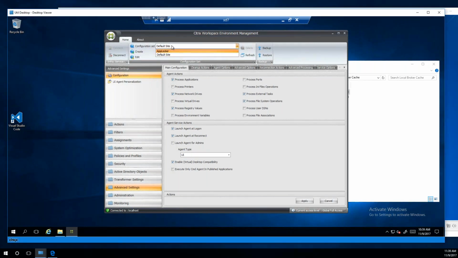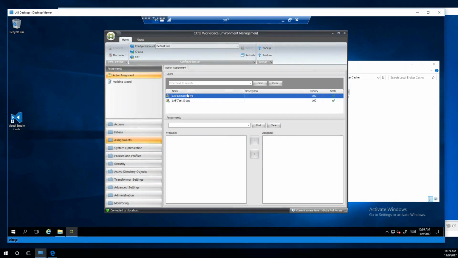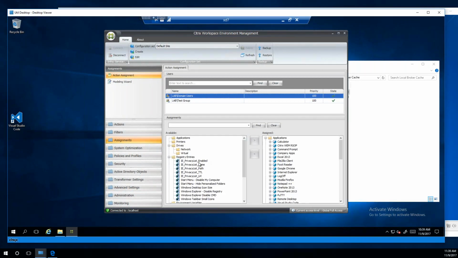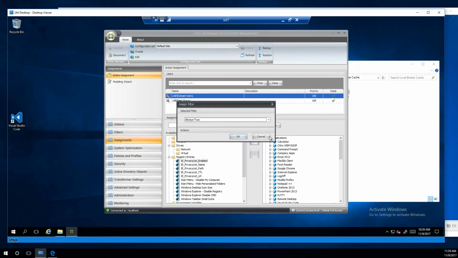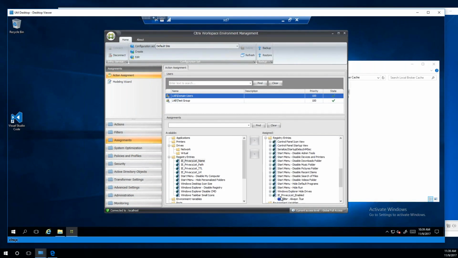You have multiple sites, so you can have a test site, you can have a production site, you can have a Zen desktop site, you can have a published app site, you can have any number of sites that you want. Well, you see, when you click apply, you're live, though. As soon as you click apply, you are live, and then there are other aspects in here that there isn't even an apply button. So if you look in here, there is no apply button whatsoever. As soon as I move that over, that's now live for the user when they log in.